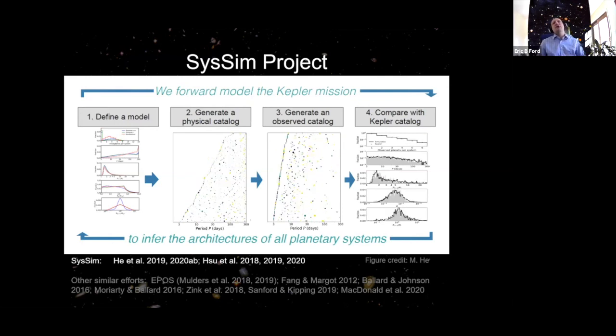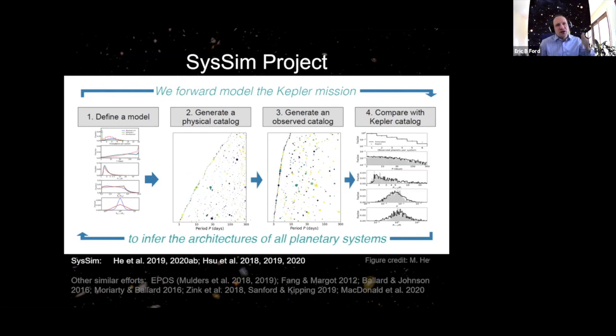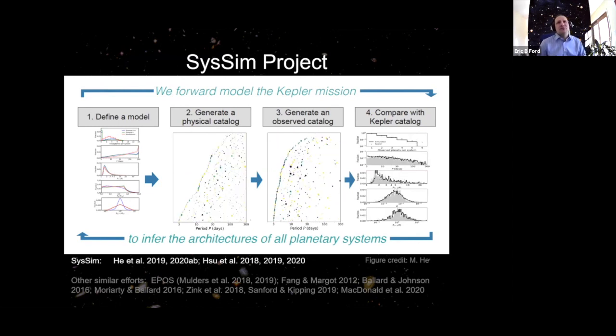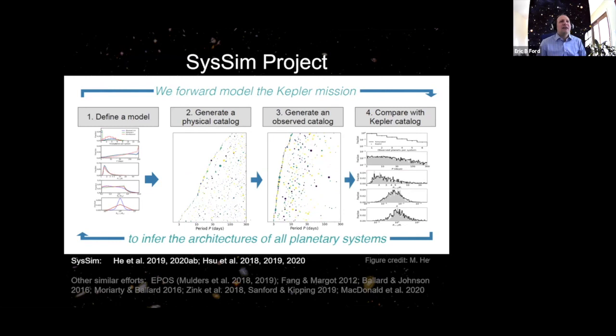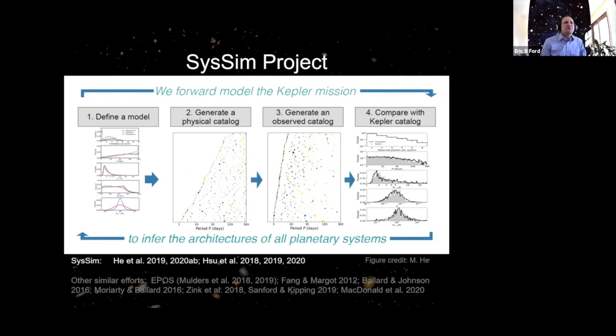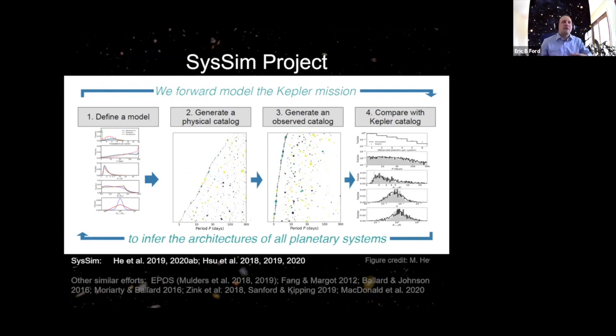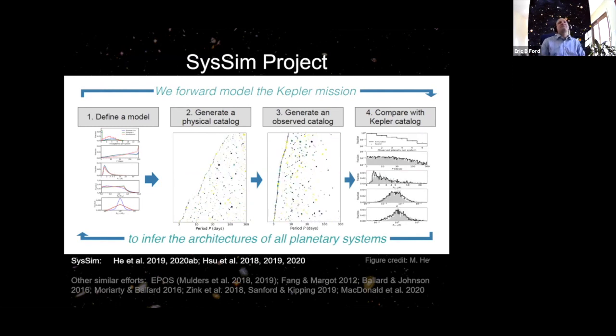And then we can compare the observed catalog from Kepler to the simulated catalogs coming out of our simulator. And then, of course, those models that are able to reproduce it well, we put a little star next to and remember, and the ones that didn't, we throw out and proceed to move on. This approach has been taken by several different groups. Oftentimes, the whole problem is pretty complex. And so I think one of the things that distinguishes ours is we've tried to do the inference on a lot of parameters at once. And that allows us to worry about some of the potential correlations that can bite us.